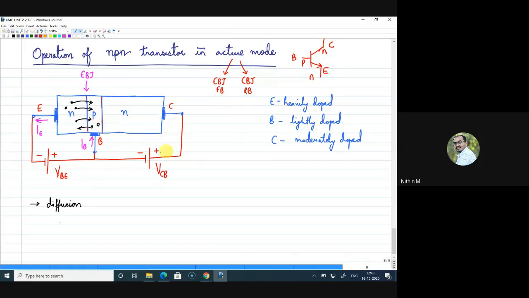Or you can see that there is a high positive voltage connected towards the collector, which will attract the electrons, and all the electrons will be collected by the collector, right? So electrons are collected by the collector, and they will move this way. So the actual current direction will be,